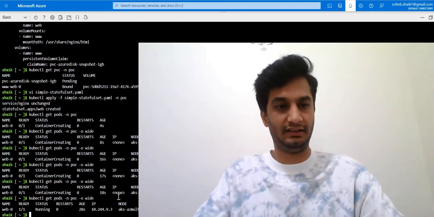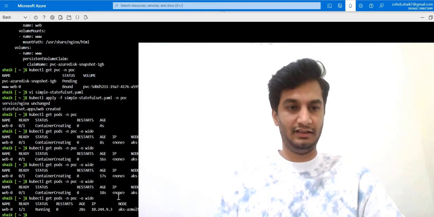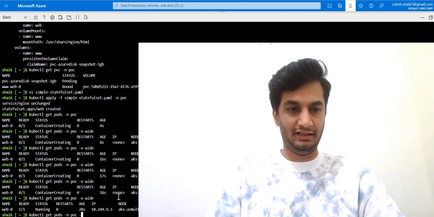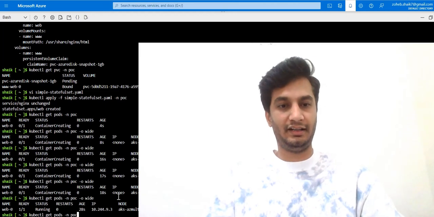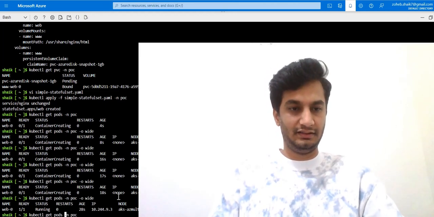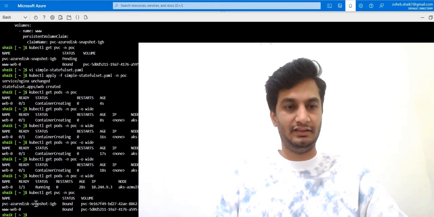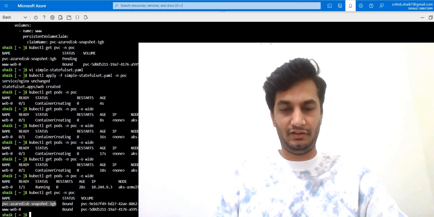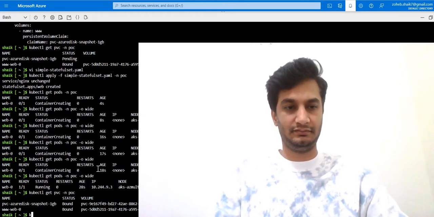The reason is we converted the storage class from LRS to ZRS. Even the pod is up and running, and we have a few more things to validate. First thing we validated is the pod. We can run a pod if the storage class is ZRS, and the PVC also we can validate. Here, if you see, this PVC got converted to ZRS and it is up and running.